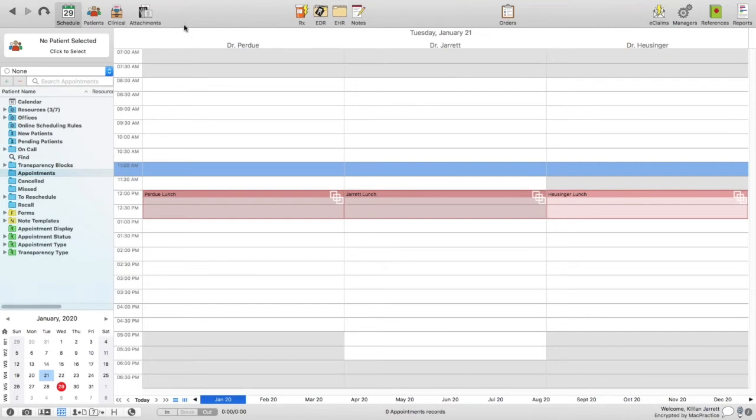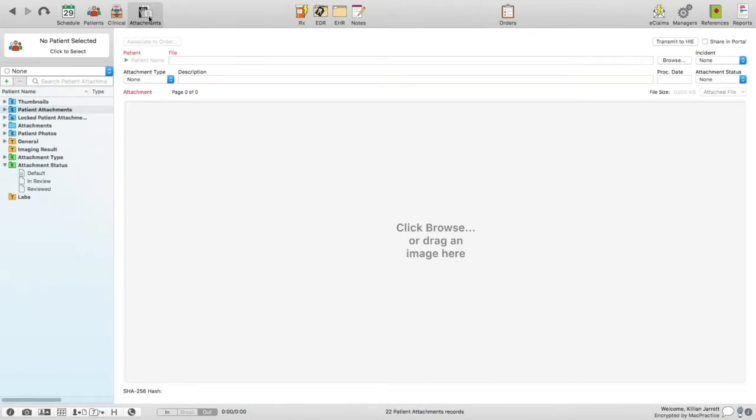So first, we're going to go over how to create a new attachment manually. First, we'll want to go to the attachments ability in the toolbar. If you do not see the attachments or, again, the images ability in the toolbar, you will want to right click on the toolbar,